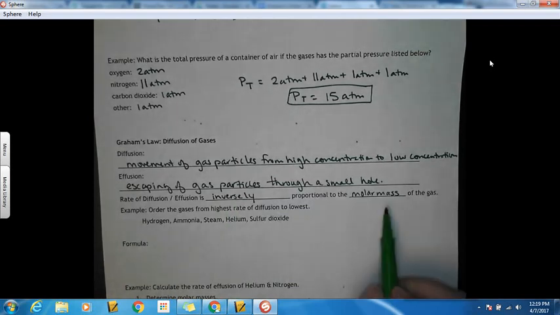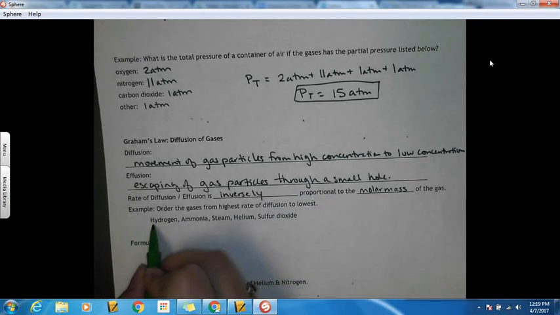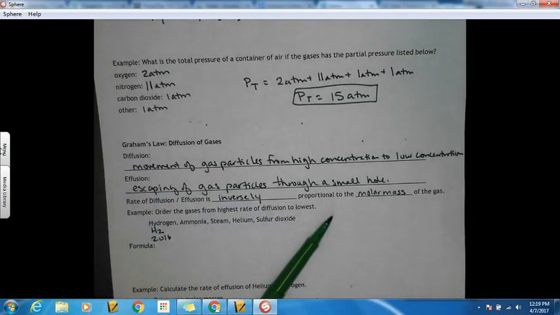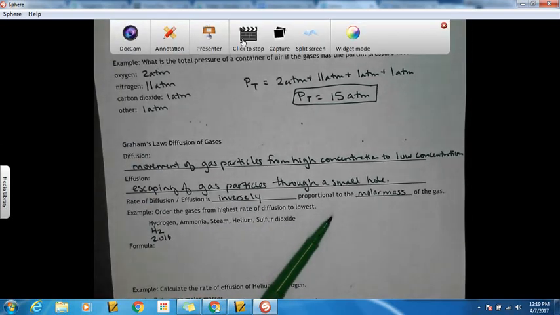Okay? So let's think about ordering these from the highest rate of diffusion to the lowest. That means we need the molar mass of each. So hydrogen is H2, so it has a mass of 2.016. And then ammonia is NH3, which has